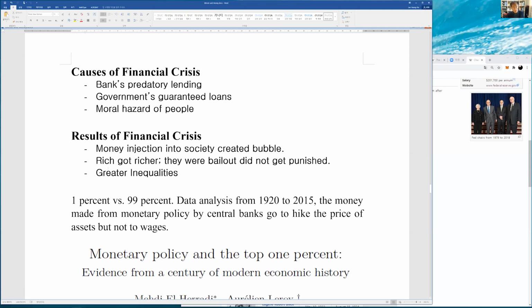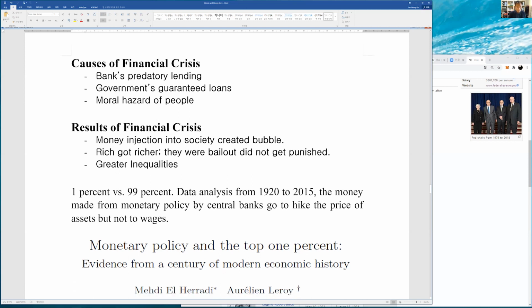Okay, and as you have seen in my chart about inequalities after the Nixon era, the Nixon shock. So basically, there is evidence that greater inequalities have prevailed all over the world because of money injection by central